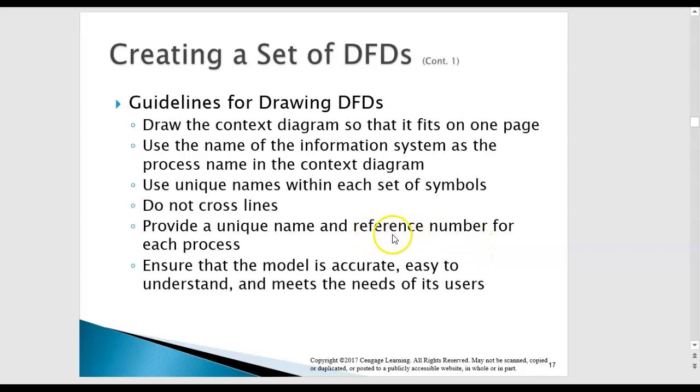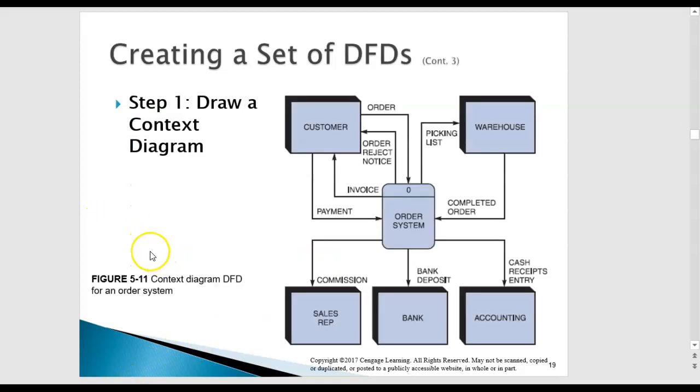It can be sequential, 1, 2, 3, or if you're breaking down processes, then you would have to put that in your reference number to show that a certain process is sort of a subset of another process. So 1.1, 1.2, 1.3, so on. And you also have to ensure that the model is accurate, it's easy to understand, and it meets the needs of its users. So when you're creating a set of DFDs, the first step in creating the DFDs is to